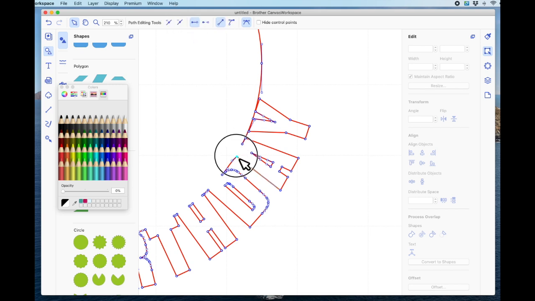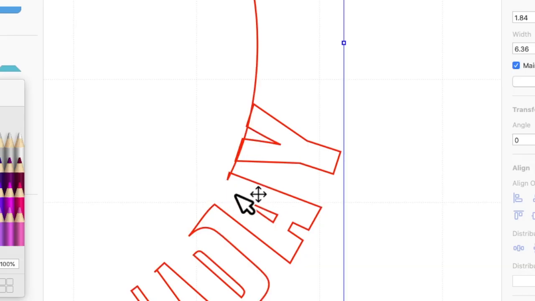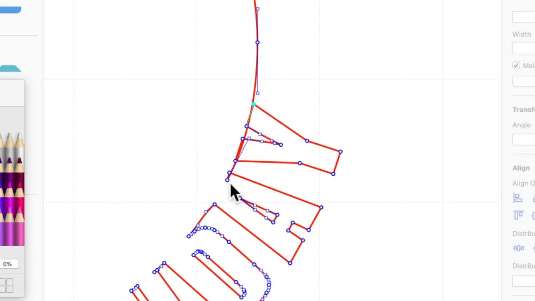And then I'm just going to drag so I've got no overlapping line there. Then I'm going to do the same with this one. I'm going to select this node and you can see I've got some funny kind of line going on here. Select it and delete it. And you can see now that the line overlapping that was here has gone, but this is now no longer touching my letters. So if I select this line,